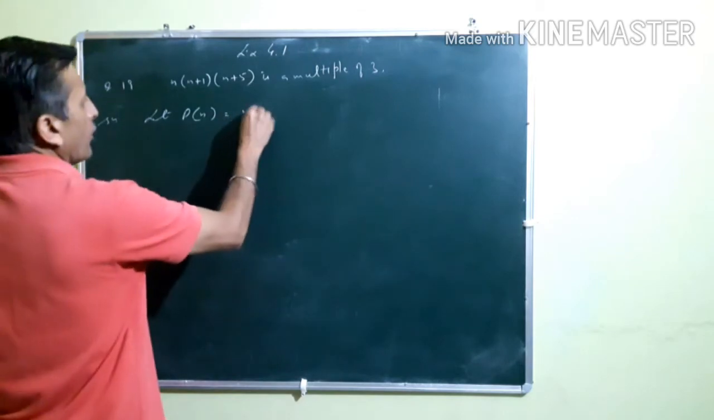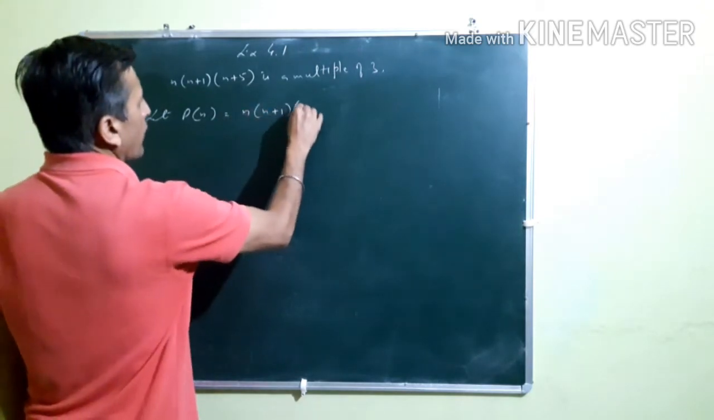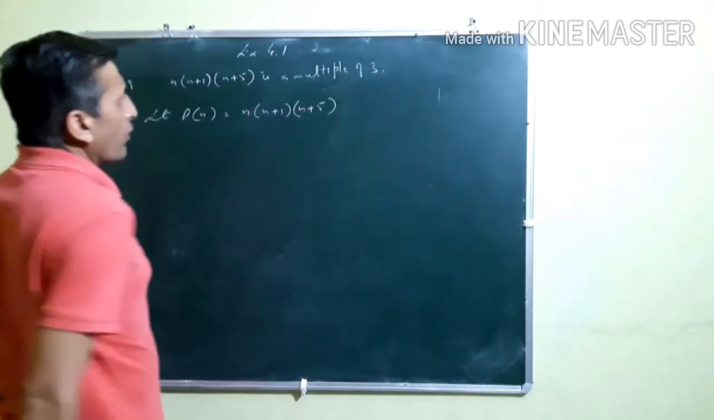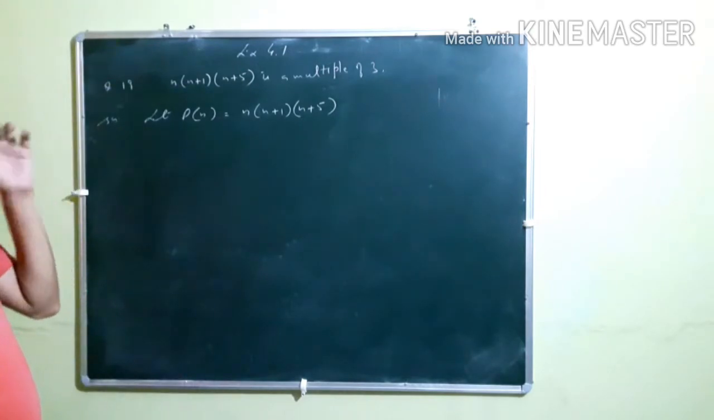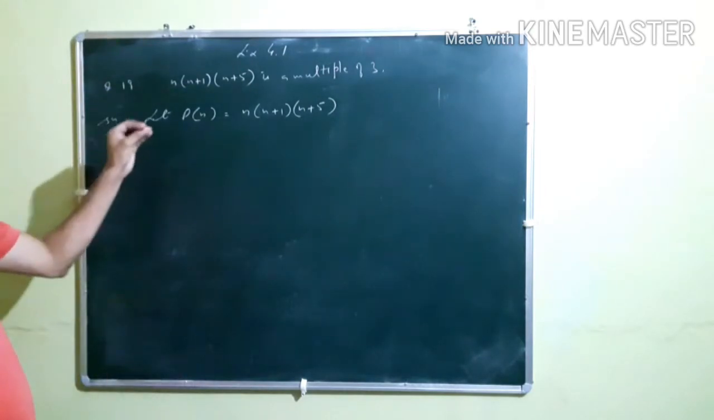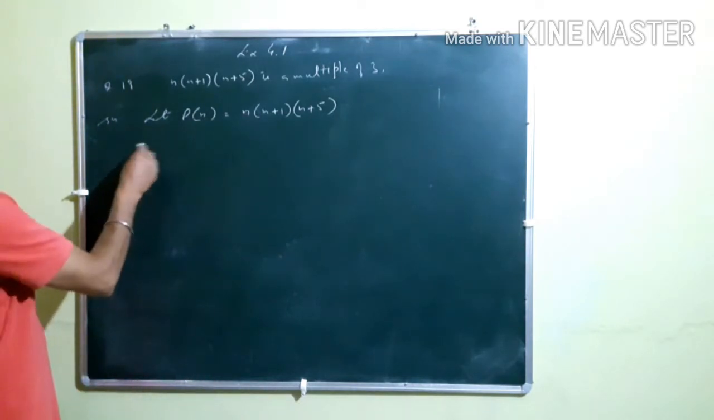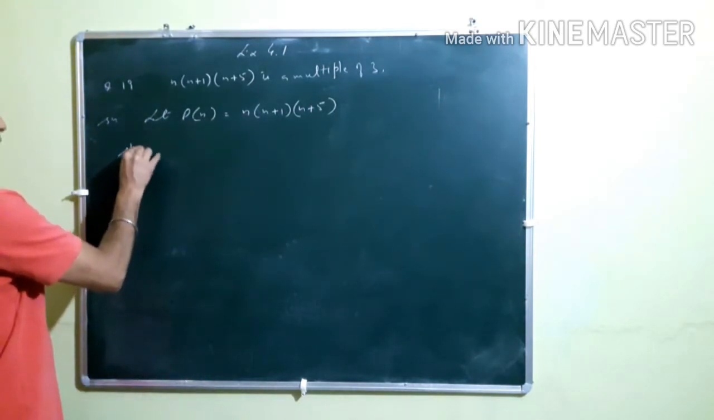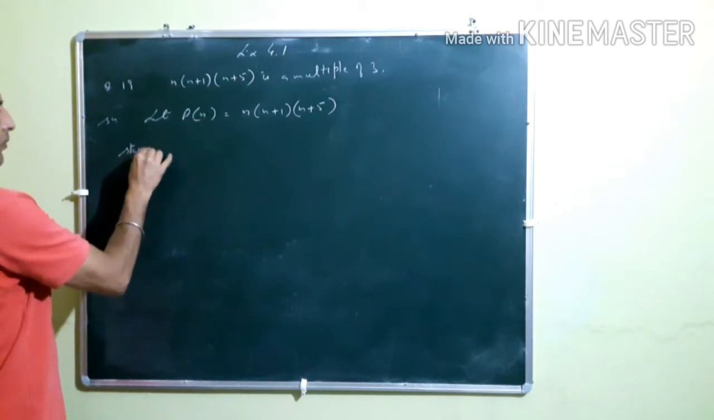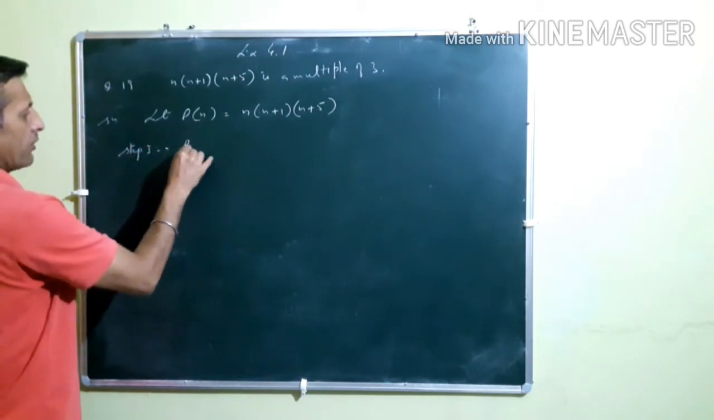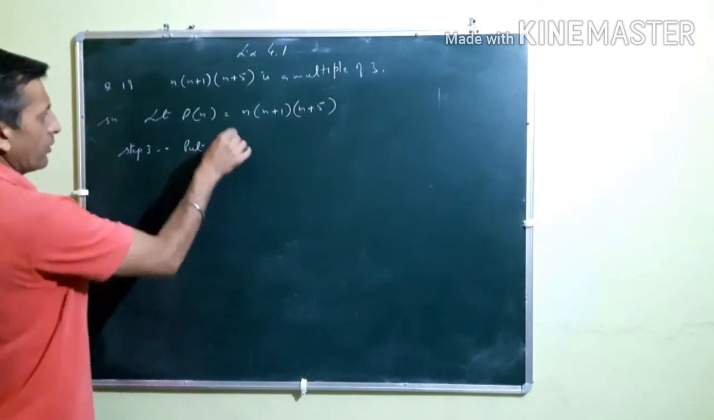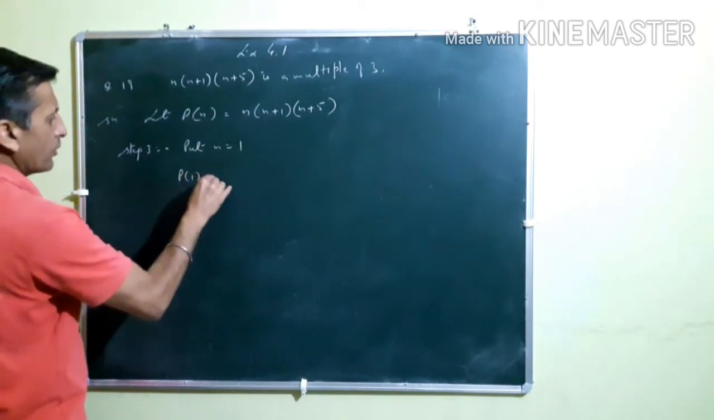P of n is equal to n into n plus 1 into n plus 5, because in this question the right hand side is not given, so that's why I'm supposing P of n for our convenience. Okay, once again, step number 1, put n is equal to 1. So when n is equal to 1, that means P of 1 is equal to